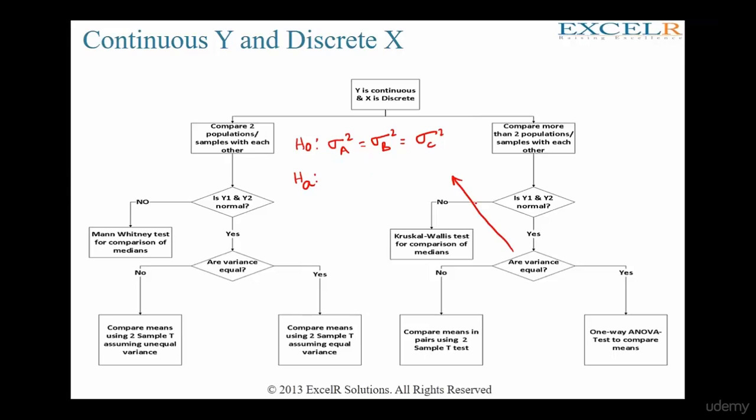If all the variances are equal, you proceed with one-way ANOVA here. If not, you proceed with two sample t-test in a different way. So alternate hypothesis says